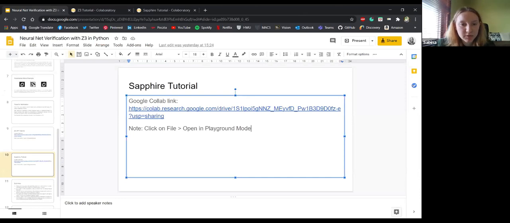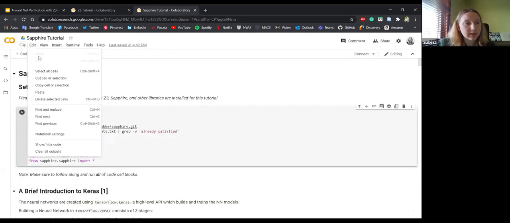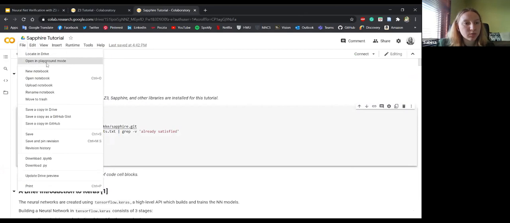Okay, so I've shared with you this Sapphire tutorial link, and if you can again try and click on File, Open in Playground mode, so it should be File and then over here, Open in Playground mode. If you do not have that option, that is totally fine as well. So if you can just click